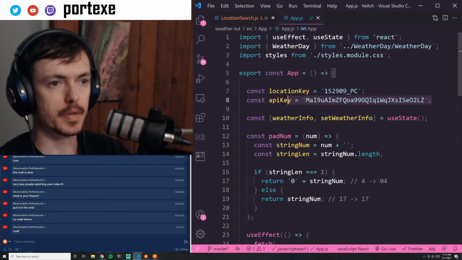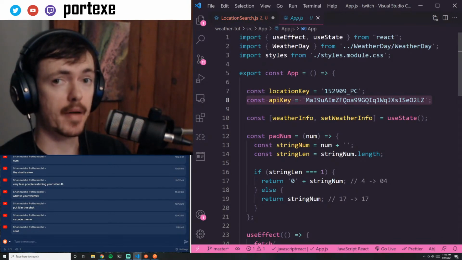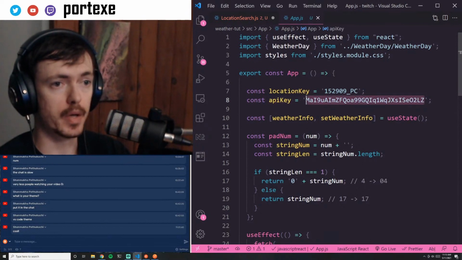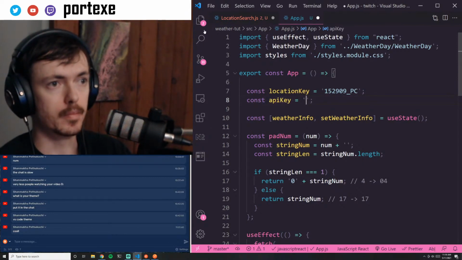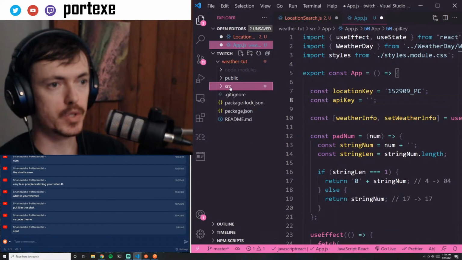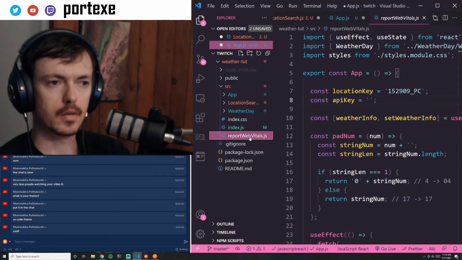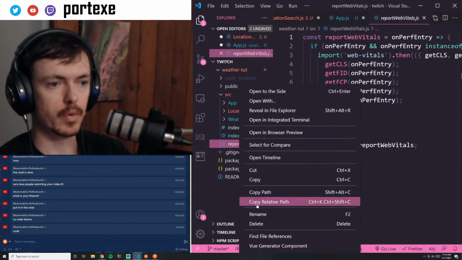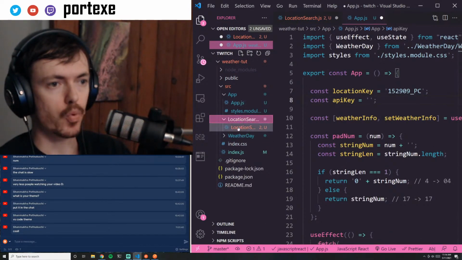So I'm just going to copy this. Again, this is going to end up having to come from an environment variable. So I might as well just go ahead and do that now, so that I don't have to worry about it. So the best way to do that is to create, I think, let me get rid of this Web Vitals thing. I think I could probably